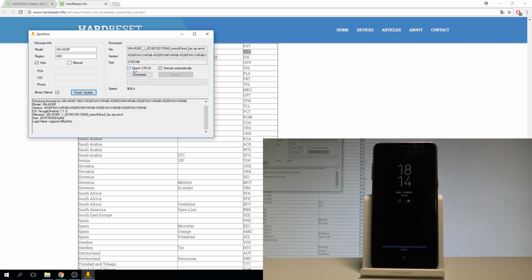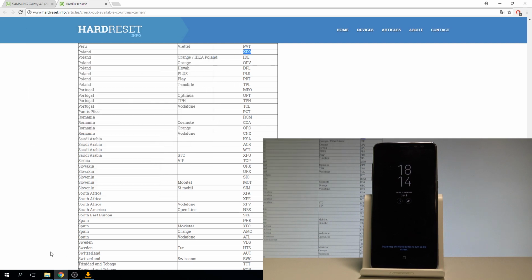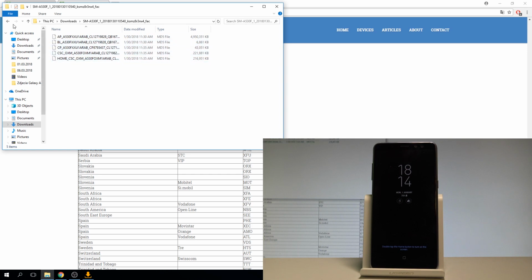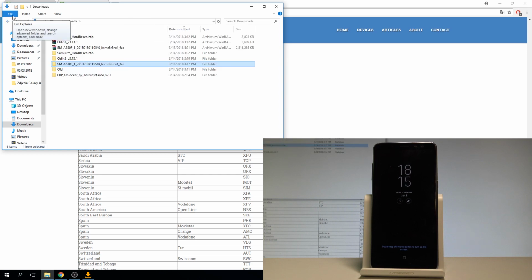Afterwards the SamFirm will check CRC32 and decrypt the following firmware automatically, so you have to just wait until the decryption will be done, and afterwards you should see the following firmware with zipped format. Let's then unpack this firmware. Here I have unpacked firmware right here, and now all you have to do is